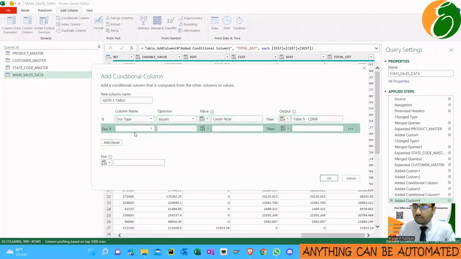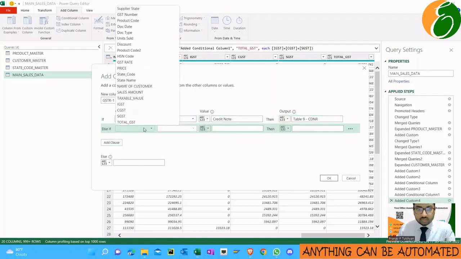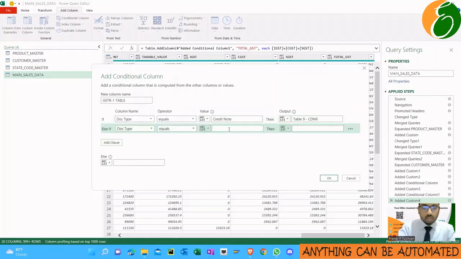Otherwise, else if, again we have to check one more condition. If the document type is equal to invoice, then do a table 4, we can say B2B